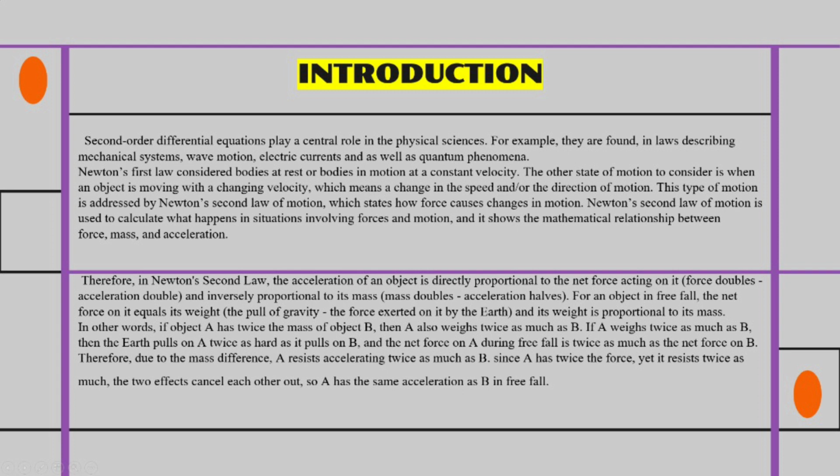For an object in free fall, the net force on it is equal to its weight, and its weight is proportional to its mass. In other words, if object A has twice the mass of object B, then A also weighs twice as much as B. If A weighs twice as much as B, then the Earth pulls on A twice as hard as it pulls on B, and the net force on A during free fall is twice as much as the net force